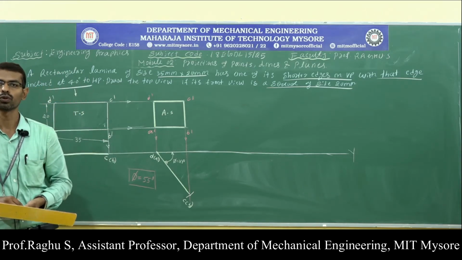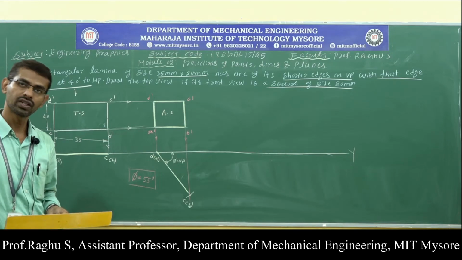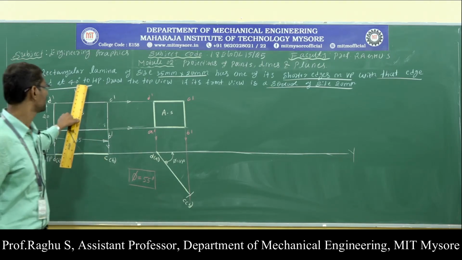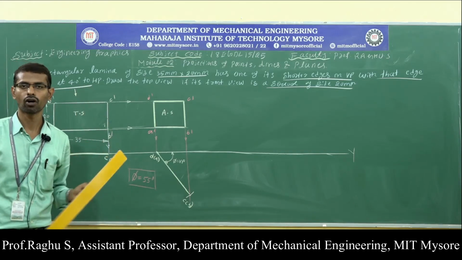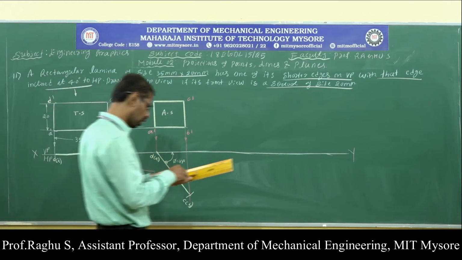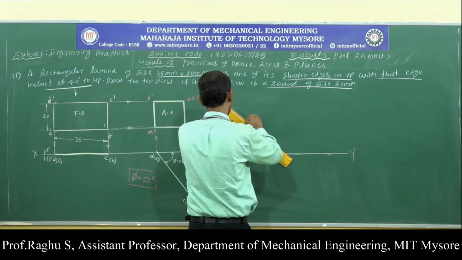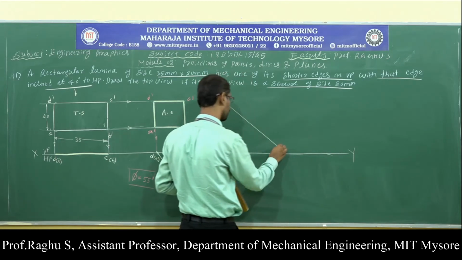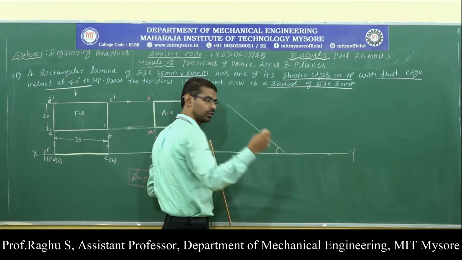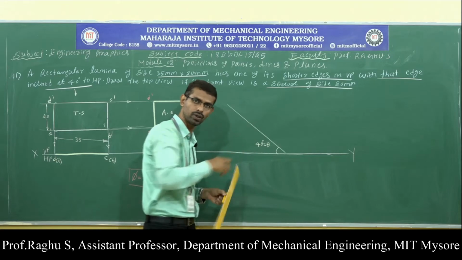Now, to draw the last position, here I need the HP inclination. The side on which it rests makes an angle of 40 degrees with respect to HP. Now how to draw the last position? Draw a 40 degree line with respect to HP. HP inclinations are visible in the front view, so that's why I have written the front view on VP.